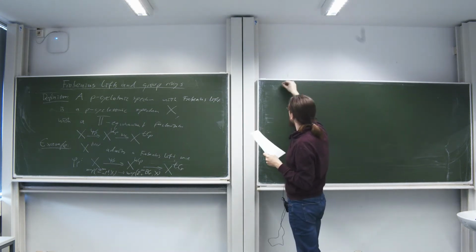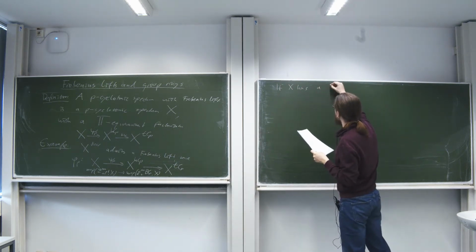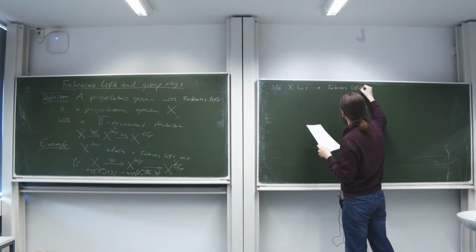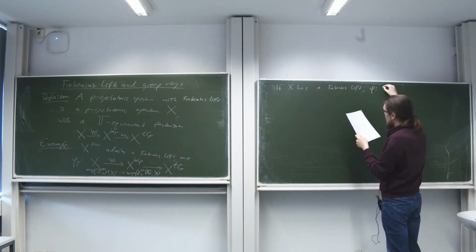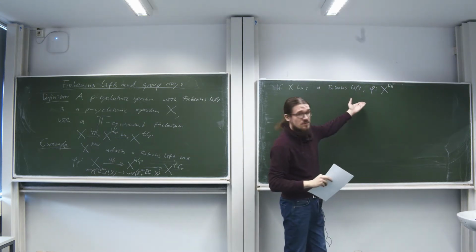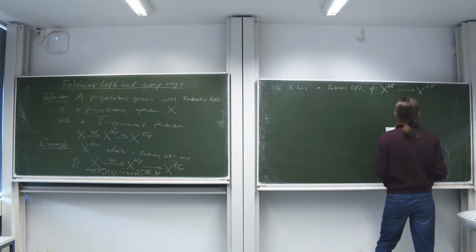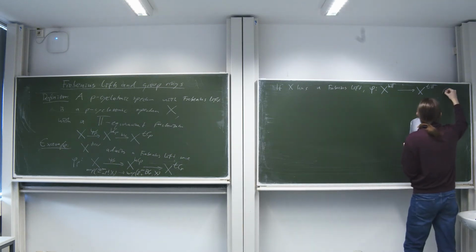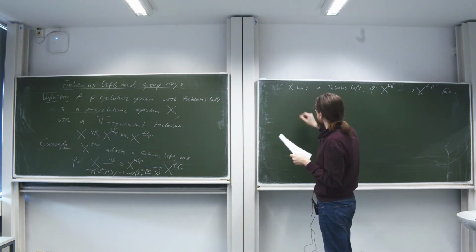Well, if X has a Frobenius lift, then this map phi from TC minus, i.e. homotopy fixed points, to TP, i.e. the Tate construction, factors. Namely how? Well,